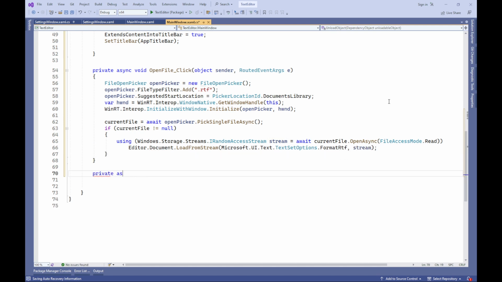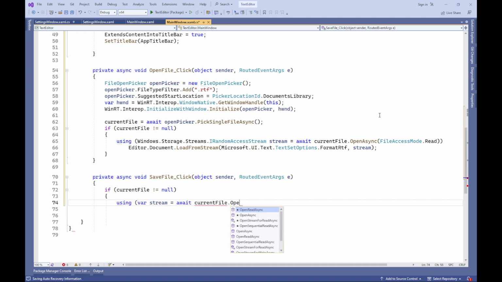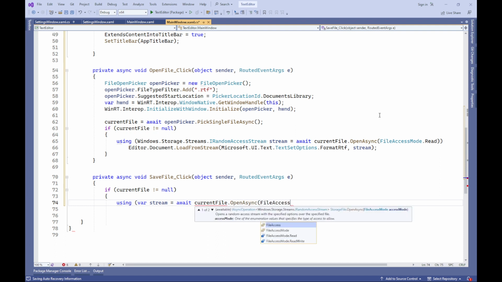If currentFile is not null, it checks whether a file has been chosen. If a file has been selected, not equal to null, the code continues execution. Windows.Storage.Streams.IRandomAccessStream equals await currentFile.OpenAsync. Here, the selected file is opened in read mode, and an IRandomAccessStream object is created, representing a data